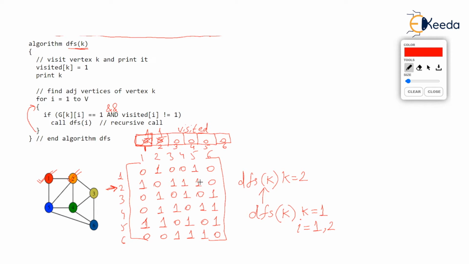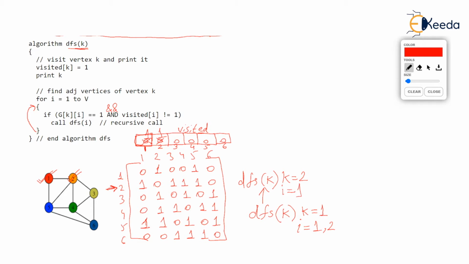I hope you are understanding. So how do you see the adjacent vertices of k, where k is 2? Start a for loop where I goes from 1 to v again. So this I is going to go through all the columns. I will act as column numbers and the row is anyway k. We will be in the kth row, the second row, and we will move on in all columns. So in this procedure, DFS(k), let's make I as 1.